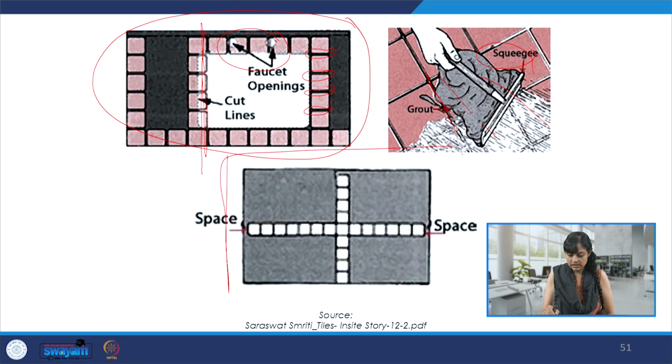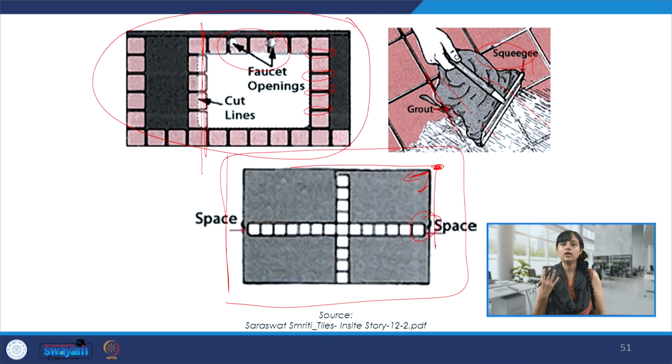So what is the kind of pattern we want to achieve? From which point do we start? Do we start from here and make an arrow that the tile is being put here and then taken in this manner and in this manner? So there is a proper working drawing which is made to explain how the tile is being laid, and then how that drawing can be used most effectively on site. That's very important. So it has to be made in that manner.